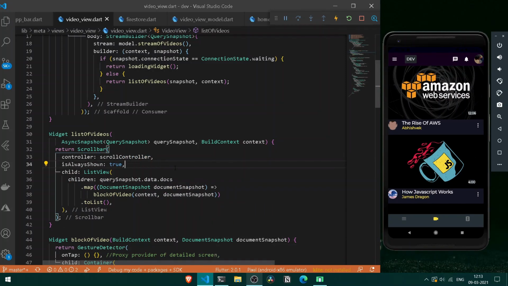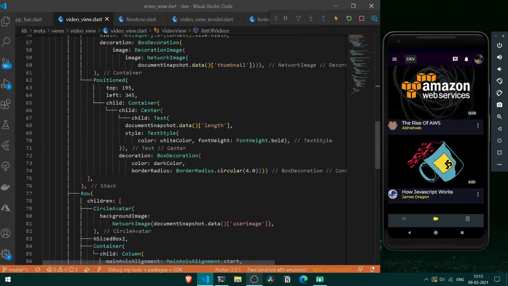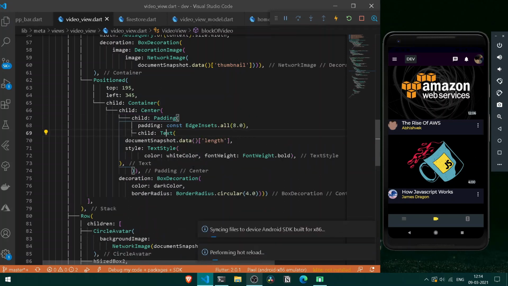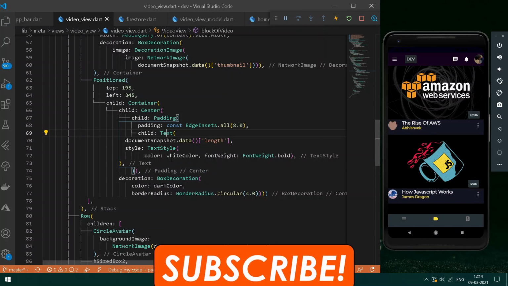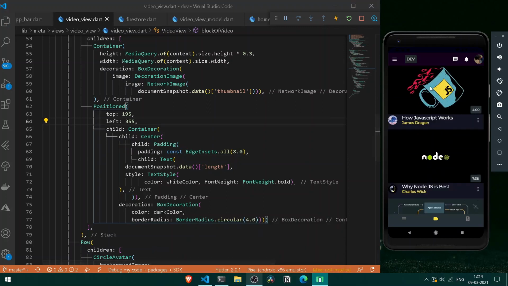let's test it out. Cool, so now also let's do one thing, that is have some padding for our entire text. So for that purpose, let's go to the text and here refactor it under a padding from everywhere. Let's try it out. Cool, so everything is looking lit up. Let's go to this left side and here let's have 55. Cool, so everything is looking more nice and clean.